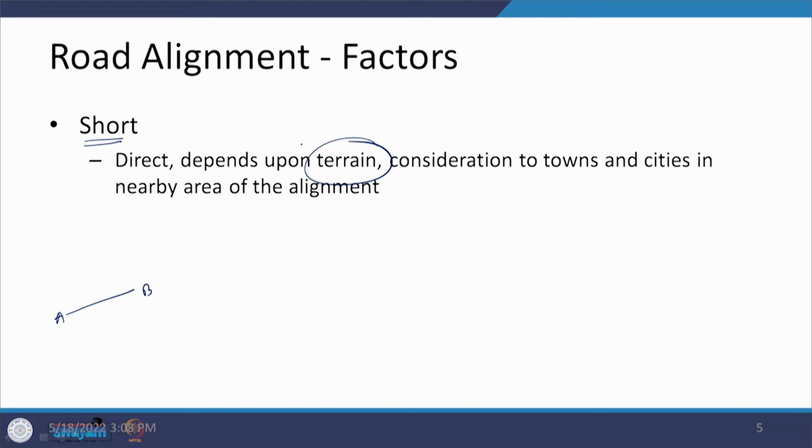Based on that, it may happen that you may not be in a position to provide a straight one, rather you have to do it through C and D. And this C and D may not be only an outcome of the terrain, it can also be a case where various towns and cities are there in the vicinity of the alignment which you are trying to provide as a direct one. And if you connect town 1 and town T at locations C and D, then this is again a beneficial aspect. So, the trade off is between